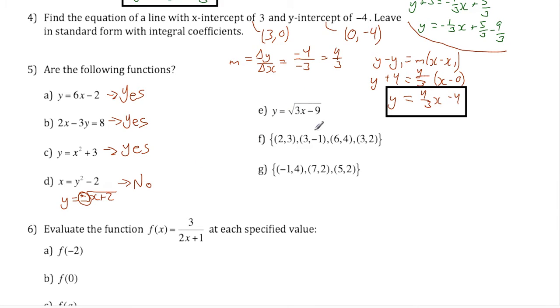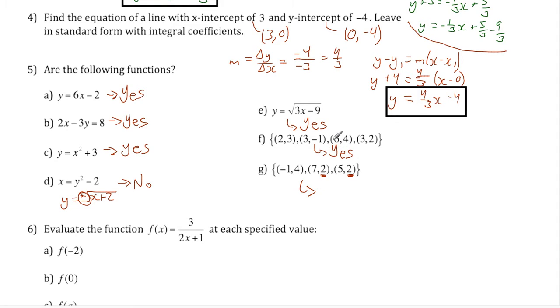Now for e, this is just the positive square root. There is no plus or minus. So is this a function? Yes. For these points, again, we can't have a duplicate y value. So we look at all these y values. Are any of them duplicates? No. So is this a function? Yes. But for g, we can see that these 2 points have the same y value of, oh wait,